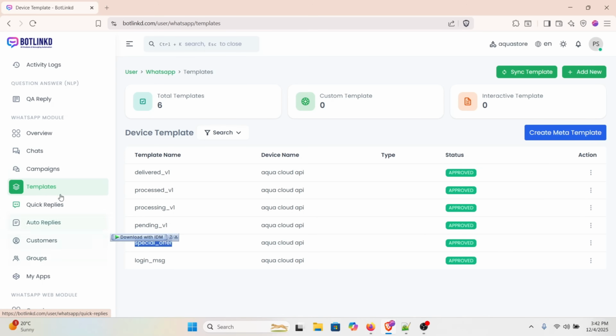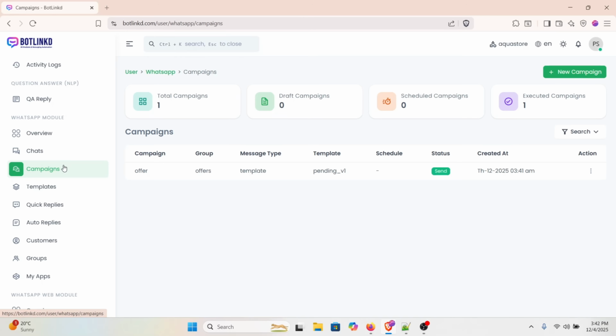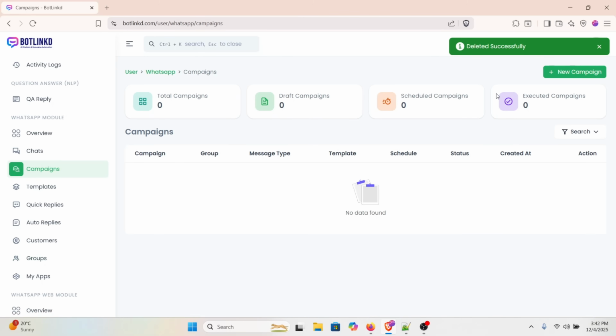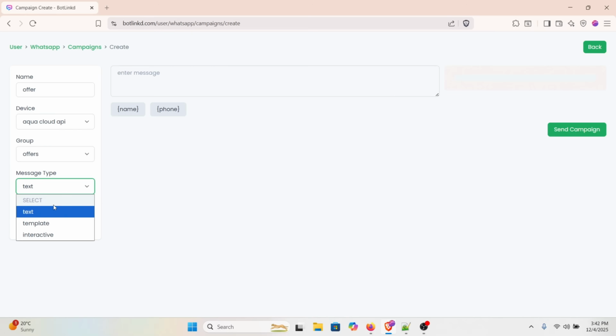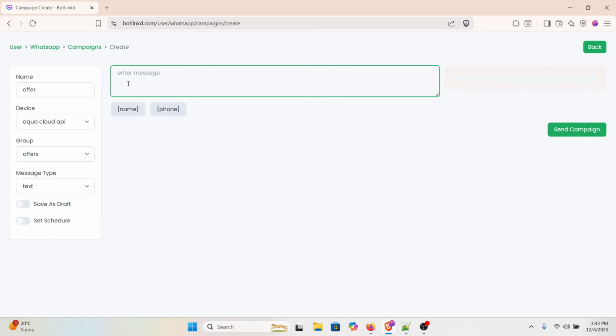Step 2. Running the campaign. Go to the Campaigns tab to start a new campaign. Give your campaign a name. Select the sending device and choose the contact group you wish to target. While you can send plain text messages using the text option,